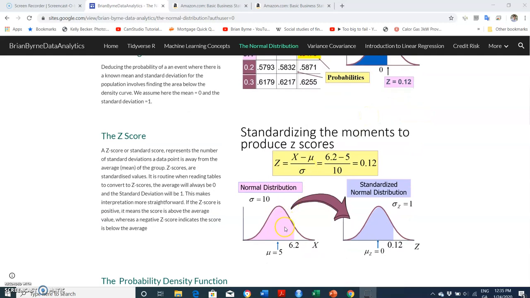But if you start with a mean of 5, standard deviation of 10, and then we want to know approximately what was the probability of finding a variable that had a value less than 6.2, then we take that 6.2, we subtract away the mean, and we divide by the standard deviation of 10, and then that would yield 0.12, and we would read it in the same way. So for instance, in this particular specification,